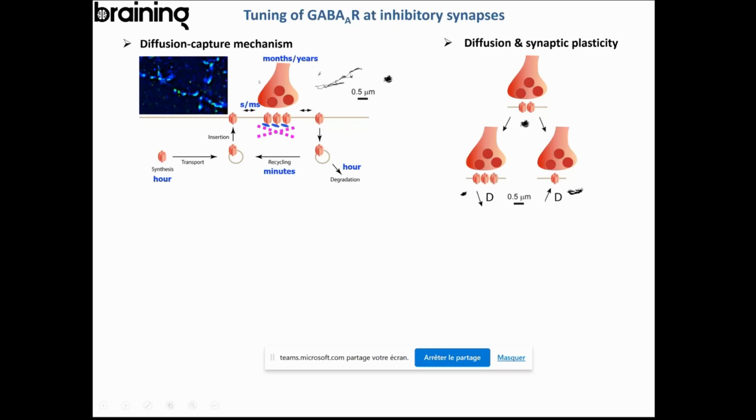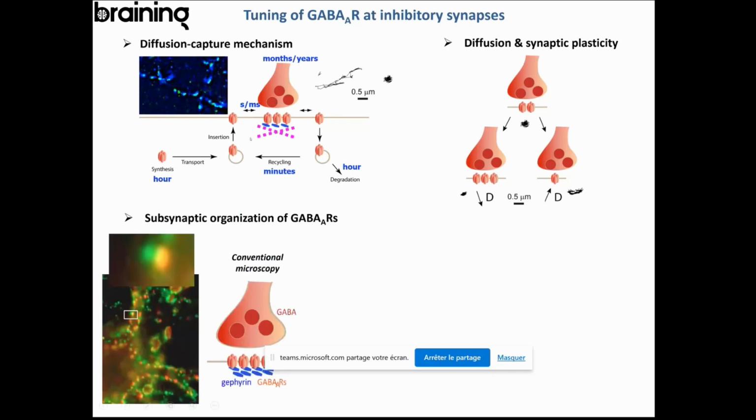So that's exactly what we are looking at in the team, a correlation between the diffusion of the receptor, and we are focusing mainly on the GABAergic inhibitory synapse, which is the main inhibitory synapse in the hippocampus and in the brain. And we correlate these diffusion changes to changes in receptor number. And so we are using these techniques. To look at the diffusion, we are using single particle tracking with quantum dots. I will go into more detail on the technique, of course, on living cells, and